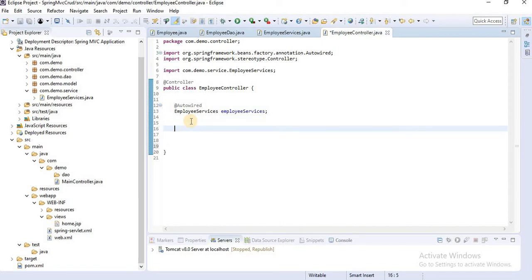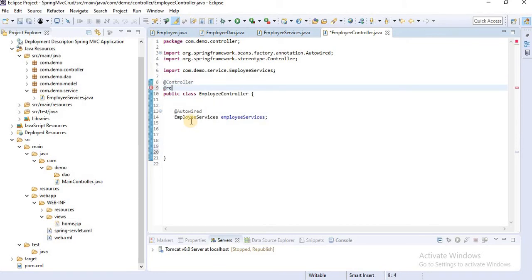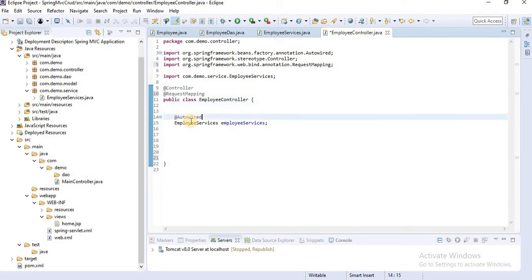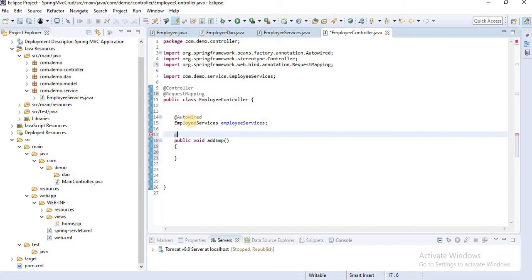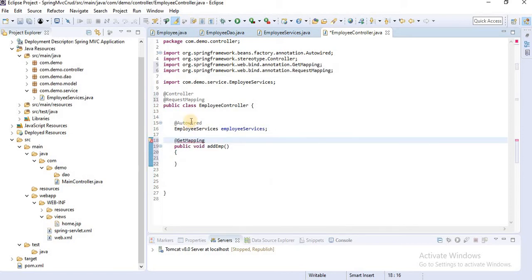First we will create the add employee page. I'll define @RequestMapping. Now the first method: public String addEmployee, we will use a shortcut. Here we define @GetMapping add employee.